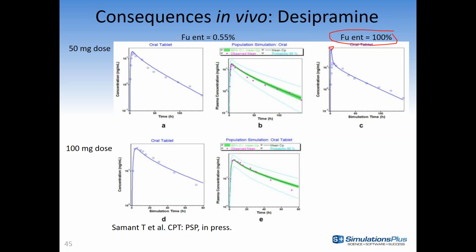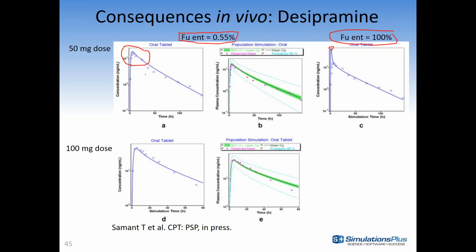But if we do account for possible lysosomal trapping, which we model by changing the fraction unbound in enterocytes, and for some of these compounds it can go very low, 1% or even less than 1%, we would be able to nicely account for the shape of the profile